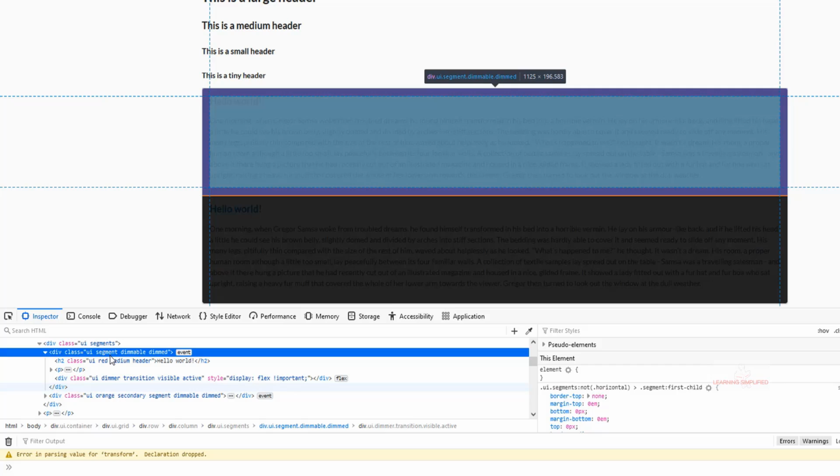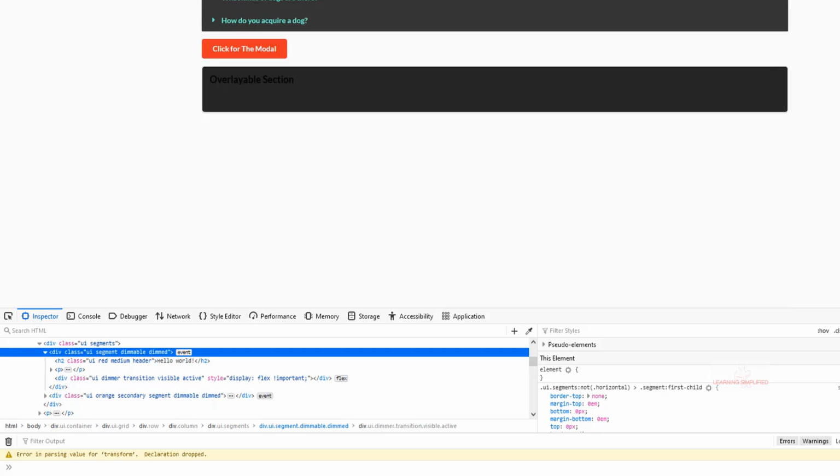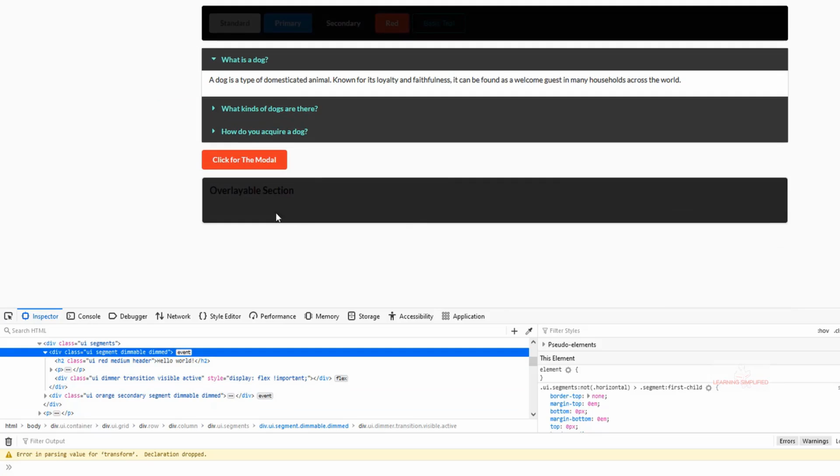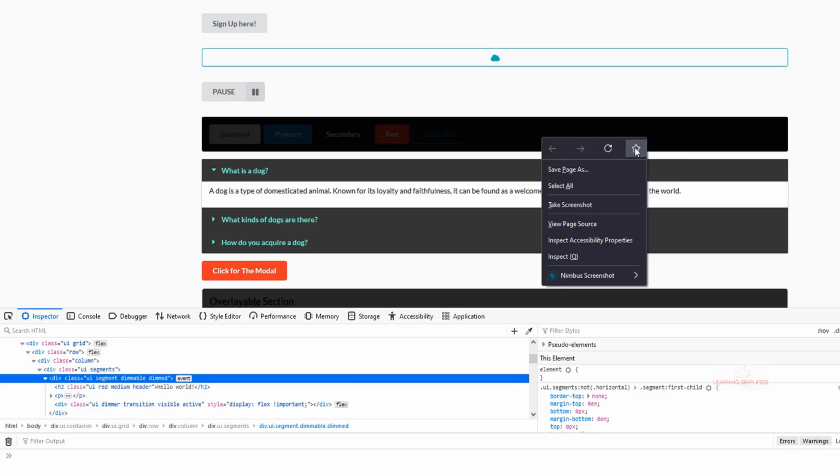Have a closer attention right over here because we need to understand this part very well. Whatever the container, whenever it is using a segment class, the dimmer class is automatically generated in it. That is why other than this overlayable section which was created right over here, some of these containers are getting dimmer classes too.